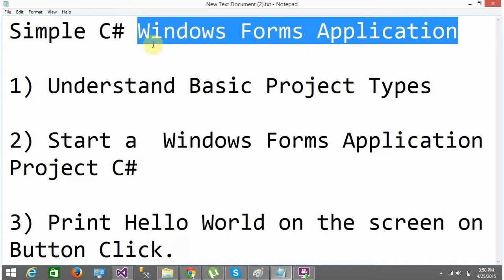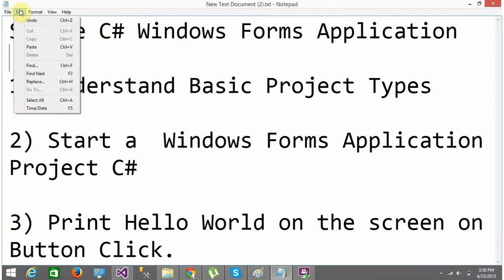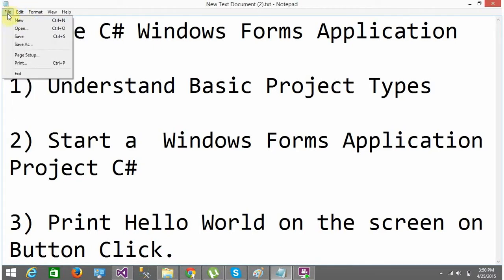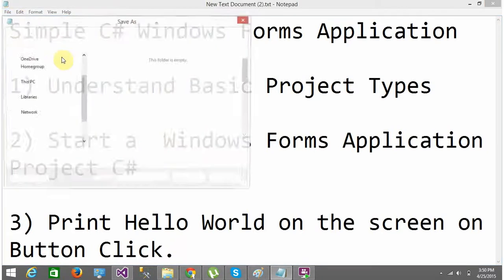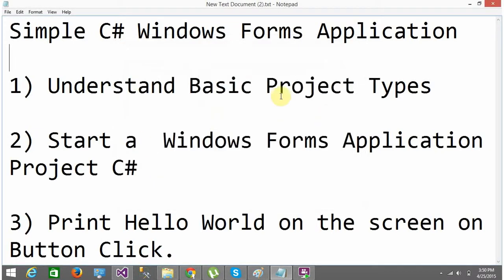Now a Windows Forms application will mainly respond to events. So whatever that we do will be in response to an event. What is an event? For example, I go to File and I click on this. This is an event. I'm clicking on this menu item. So something comes up, right? Then I click on Save, right? Again, me clicking on Save is an event. I click on Save As. It is an event. So what should happen in response to the event I click on Save As? This pop-up should open.